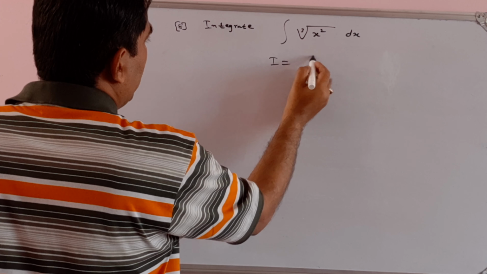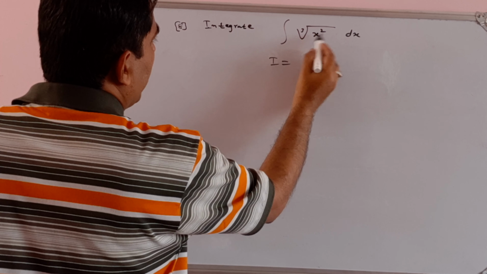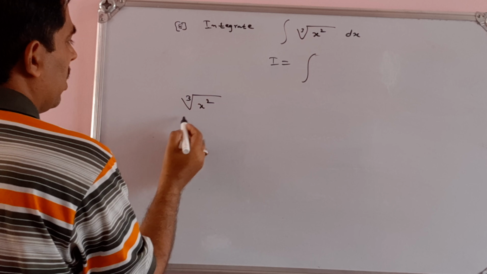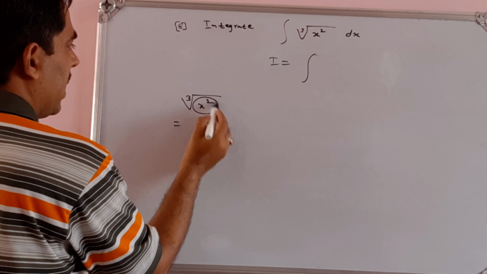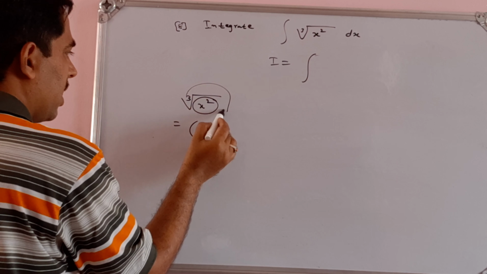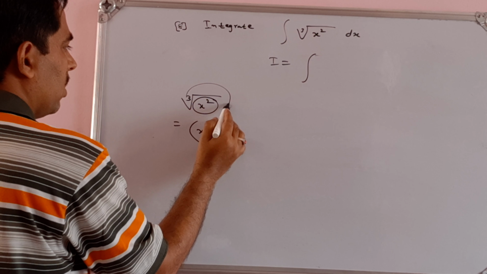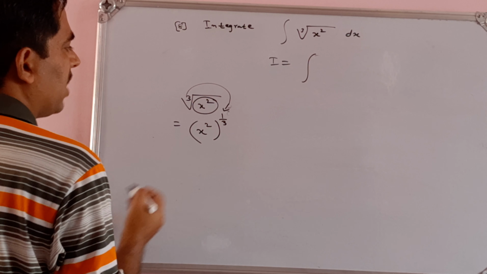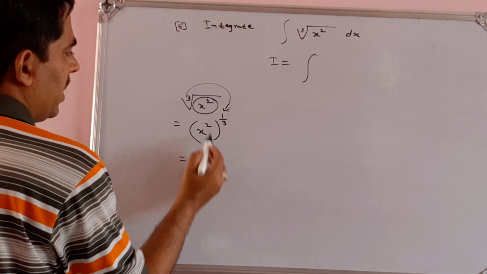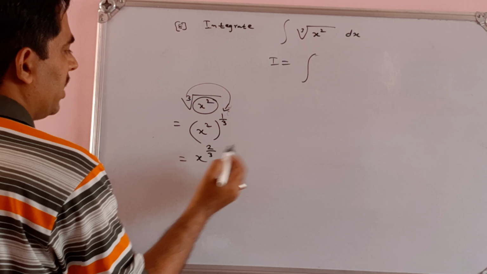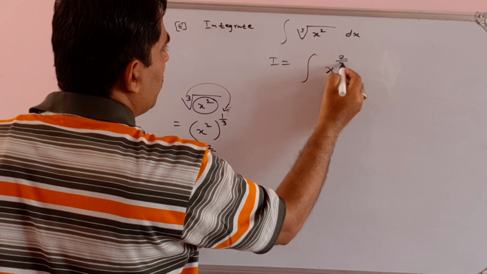This can be written as the cube root of x square. Observe this, cube root of x square. I have to write this in power form. The radicand is written as it is, x square, whole to the power of 1 by 3, since the 3 becomes a reciprocal. Multiplying the powers, 2 into 1 by 3 is 2 by 3. So this is as good as x to the power of 2 by 3.